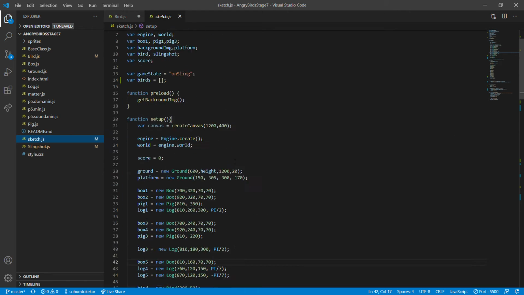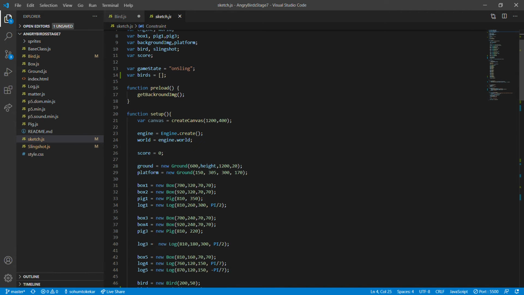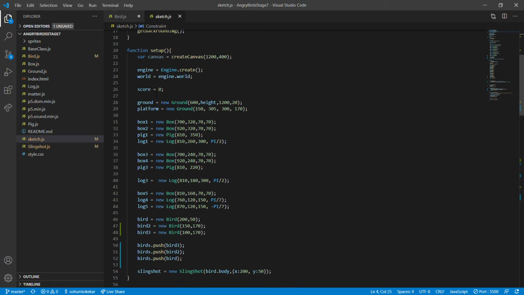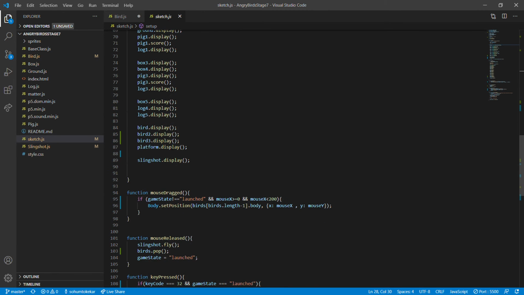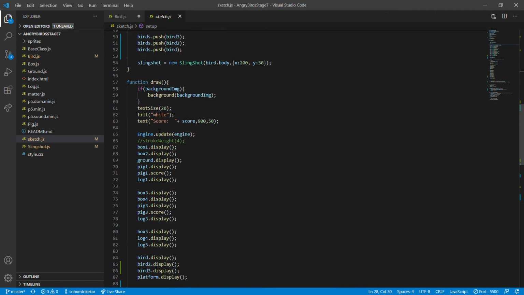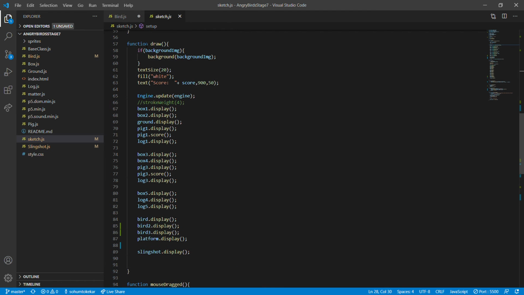So you can see here we have all of our constants, which is just matter and physics engines. Then up here we have our variables, and then we have the game states, and then setup is where we use these classes, these objects, and then we tell the computer where to put them, and then we tell it that we need new ones, or just where to put them really, and how to display them is down here. We just have display here, and then that's in function draw, and then this is function setup. And also function draw